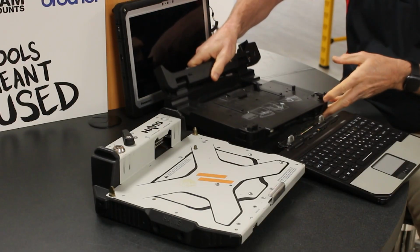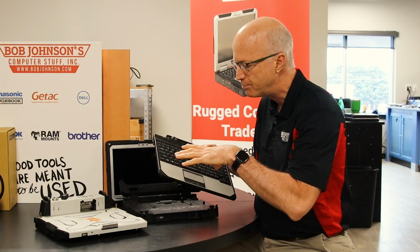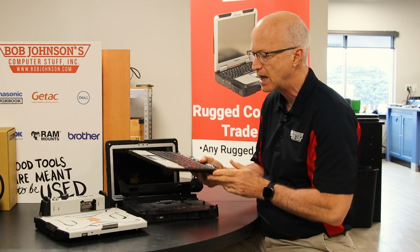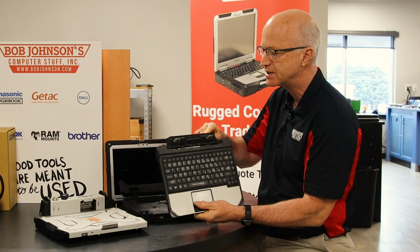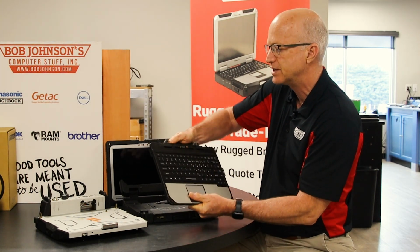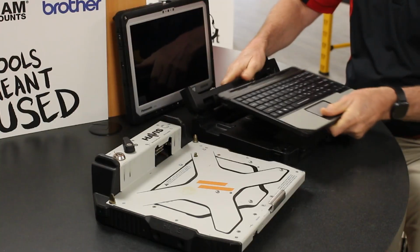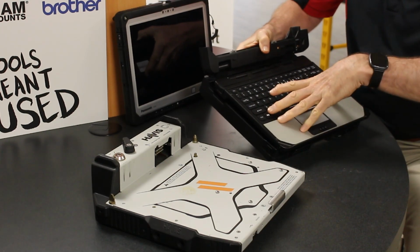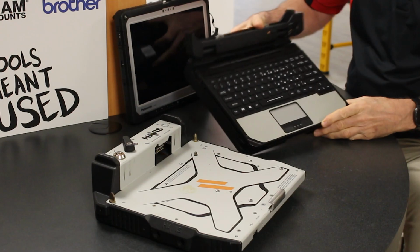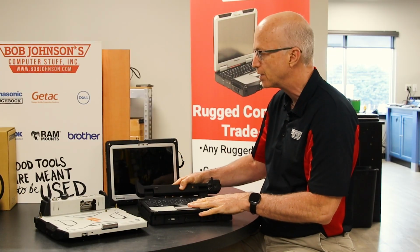And the way it works is this. You will need a CF-33 light keyboard. There's no ports or anything like that on this keyboard. You can see where the tablet would normally fit. You got to push this all the way back like this, and then this actually will dock into the docking station, just like that. So you can see now I have the dock with the adapter with the keyboard installed,